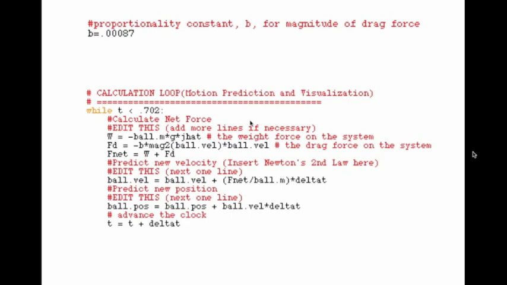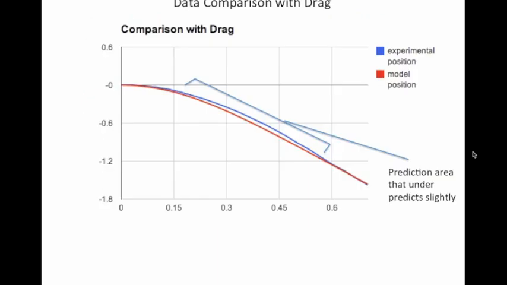Under the calculation loop, the drag force is added. The magnitude of the drag force is equal to negative b times the ball's velocity squared. The F net is now the weight force plus the drag force. Now when we compare the model and experimental data, the model is a lot more accurate. Between t equals 0.15 and t equals 0.5, the model slightly underpredicts the position of the paper. However, the error is small and probably contributed to not having the exact b value for the paper's mass and